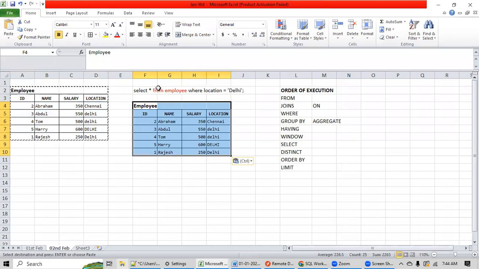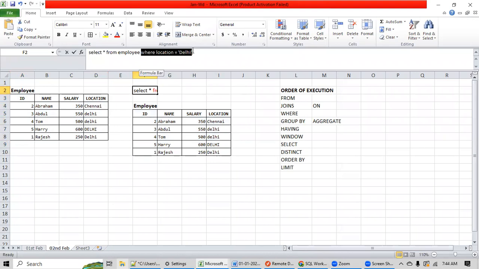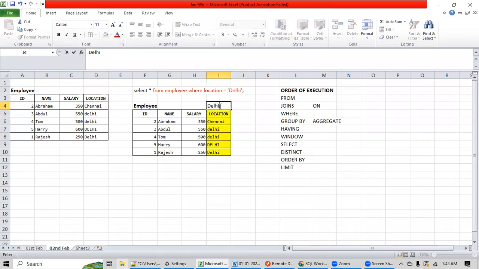Now after from, which keyword? The where keyword. So now your engine will execute where location equals Delhi. From this, your engine will understand that in the location column, I have to search for this Delhi, correct? And then your engine will start searching.